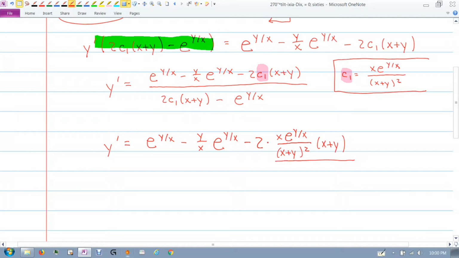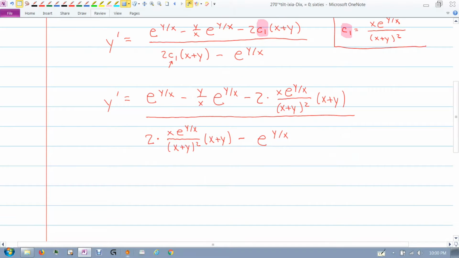Now all of that is divided by 2, and then here we go again, C1, which is x e to the y over x over x plus y, that quantity squared. Okay, done with that, but I still had an x plus y there. Then minus e to the y over x. All right, now this cancels, this squared goes away, this cancels, this squared goes away, and notice that every term,